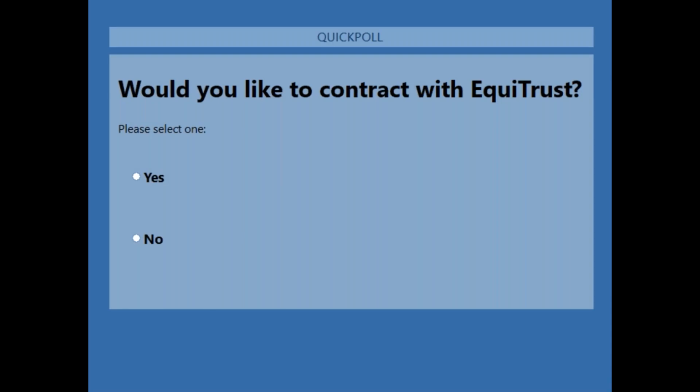I'm going to launch the first polling question. As you begin to get in there and answer the polling question, this is, would you like to contract with EquiTrust? So would you like to appoint to be able to be qualified to sell or offer the bridge product? And we'll go through that one as remaining people go through. Also getting you the resources, as David mentioned, we can access those on a non-password protected site for the bridge and get you all set up with the rest of the material to be able to sell.